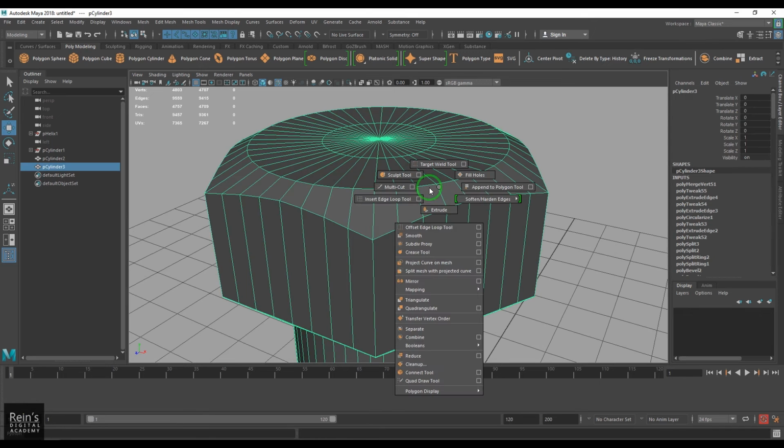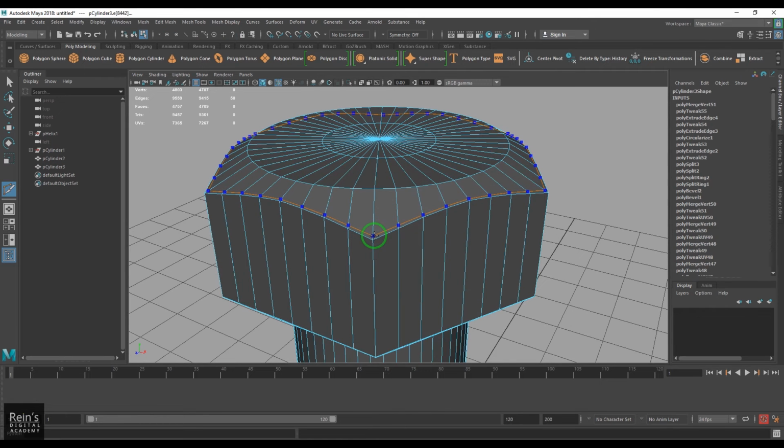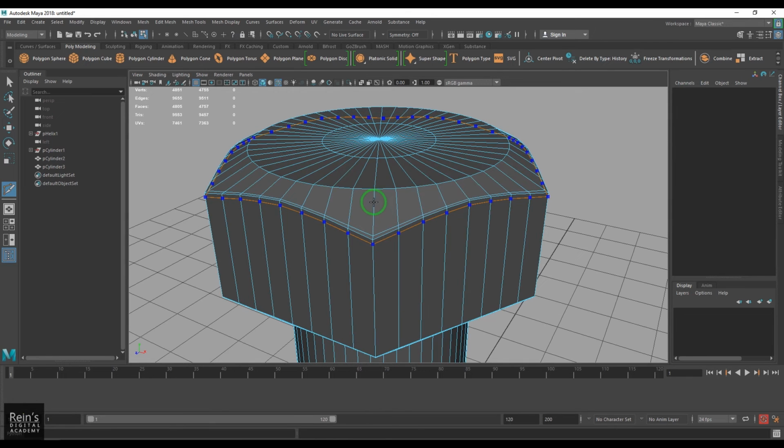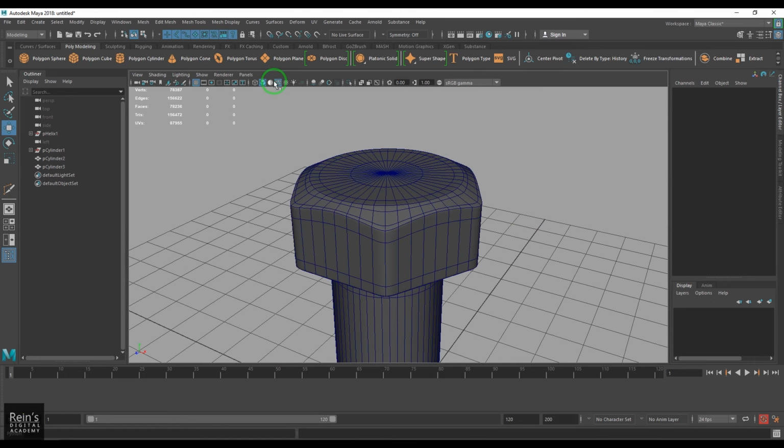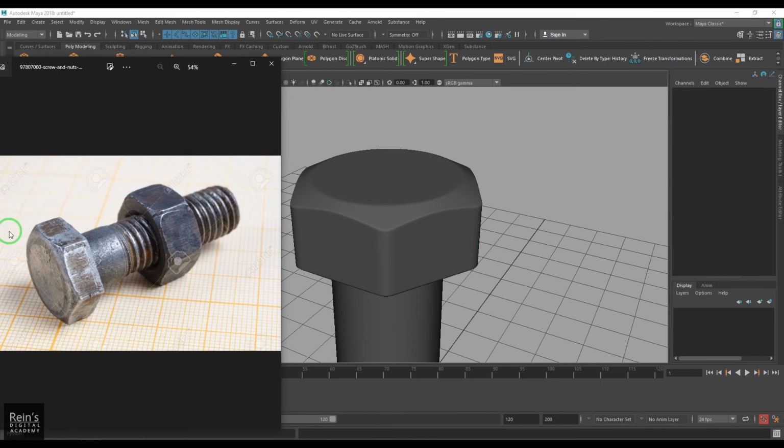Then I'm going to use this multi-cut tool and add loops, and then you should be able to see those details. Okay,